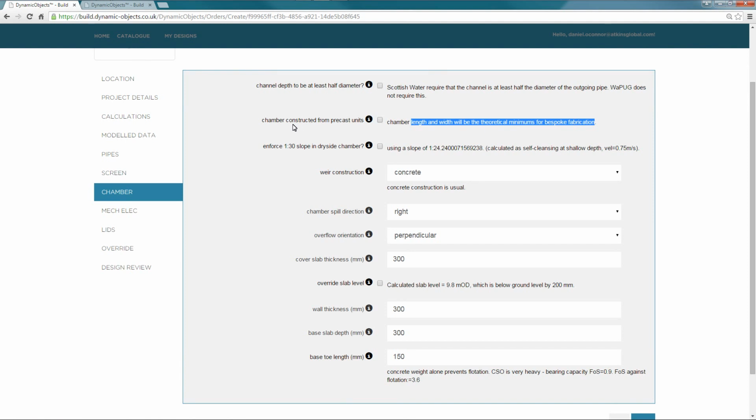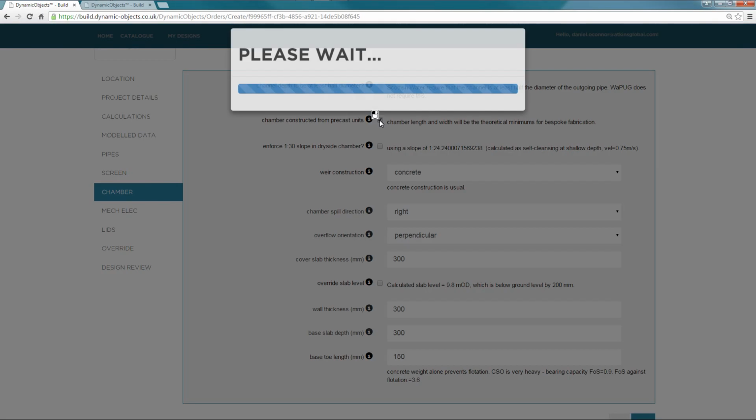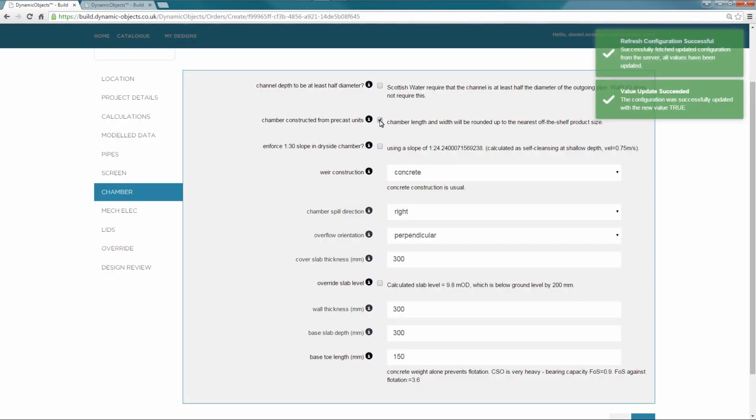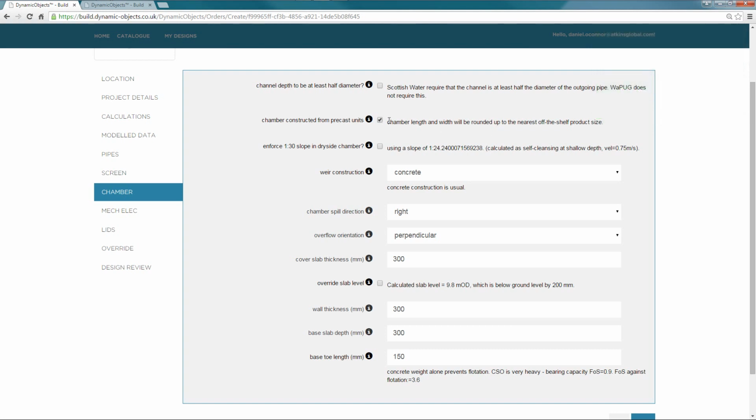At the minute that's unticked, which gives us our minimum length and width. If we check that, it will make it use off-the-shelf products, and it will round up the chamber size to the nearest off-the-shelf product that's bigger than what is required, or shall we say no smaller than what is